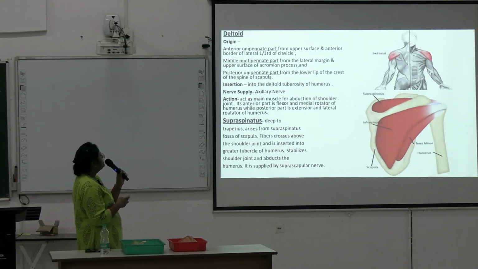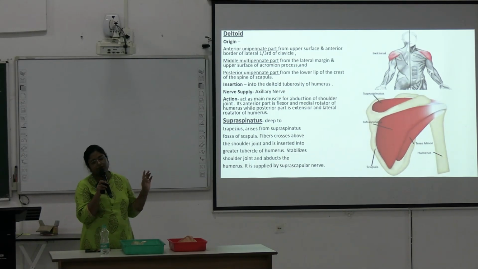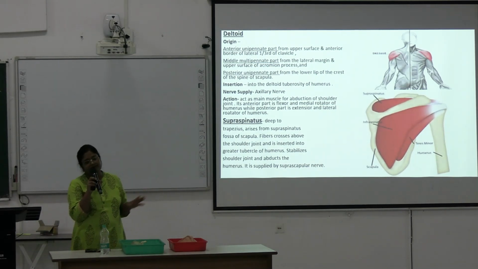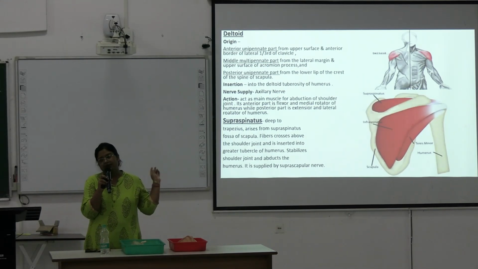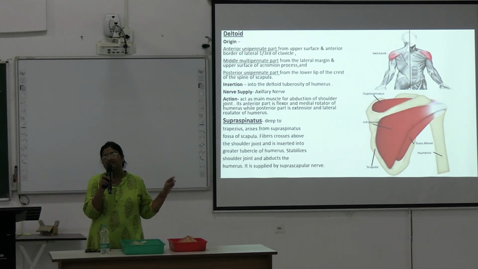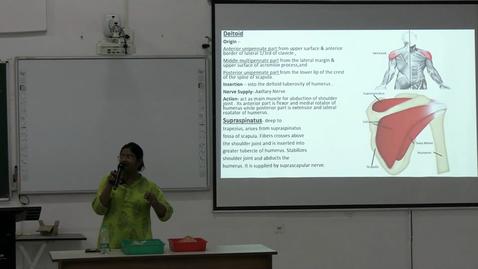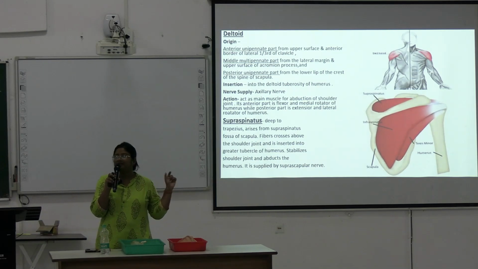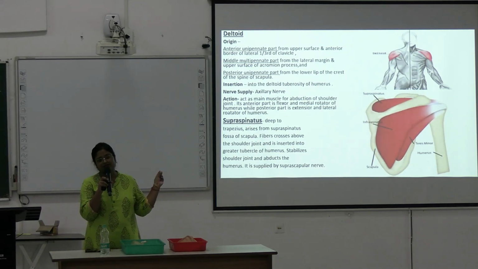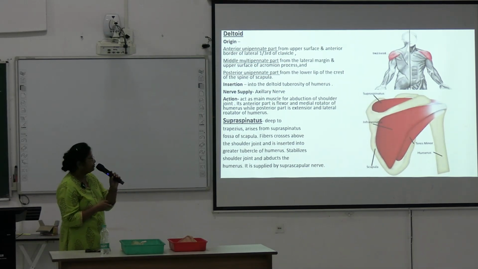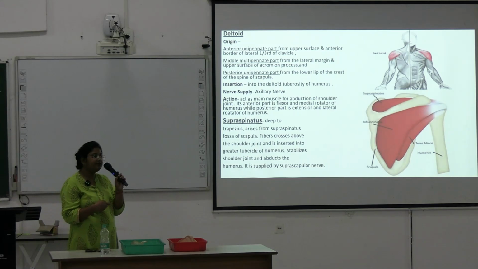Next is nerve supply. These muscles can come as a short note in your theory. Deltoid is a very important muscle. If a muscle comes as a short note, you have to write down 4 points: origin, insertion, nerve supply and action. Also in your OSPE question in the practical exam, you have to identify the muscle in your dissected body and write down these 4 points. It will carry 2 or 3 marks like this. So remember the 4 points for every muscle.